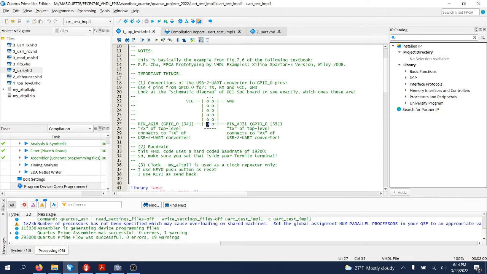But here on the bottom left one in that connector, I need to connect the TX of the USB to UART converter, and then the right one I need to connect the RX of the USB to UART converter, which will connect to the TX inside the FPGA UART controller. So I have already created this project in Quartus, compiled and programmed the FPGA board. Let me show you